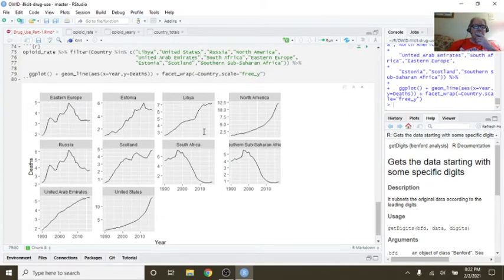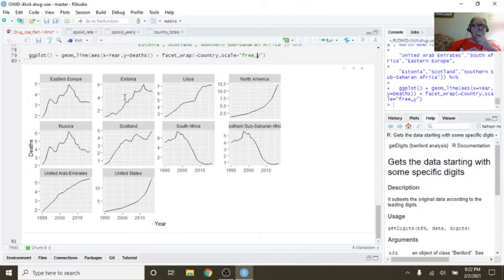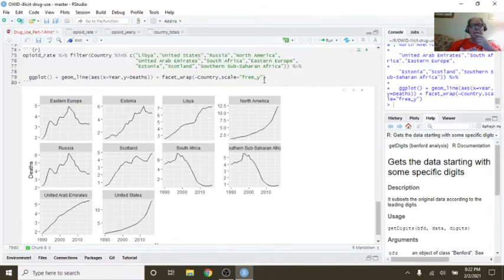Much better. 1, 2, 3, 4, 5, 6, 7, 8. Let's do, let's try 3.